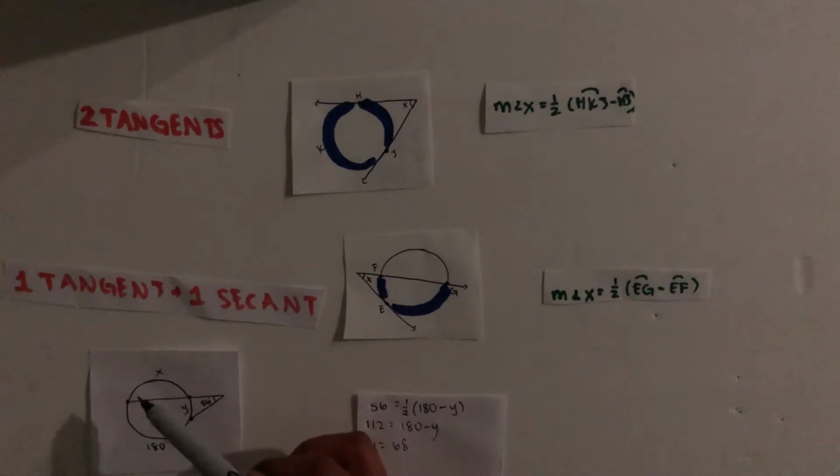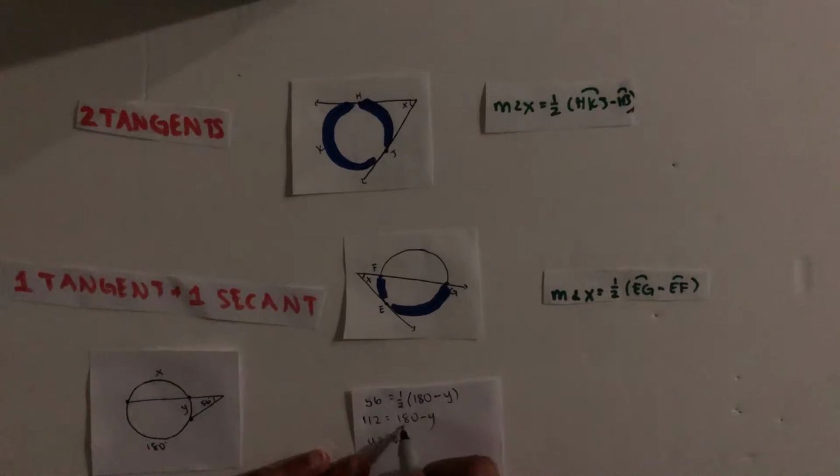And in order to find this part of the arc, which is x, what we would have to do is plug this in by subtracting from the measure of the entire circle. So we'll take 360, which is the measure of the entire circle, minus 180, which is this arc that we know,